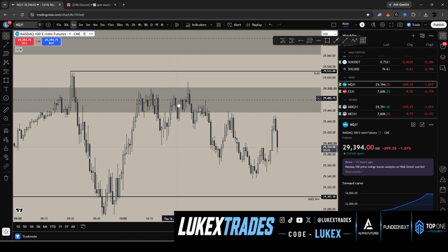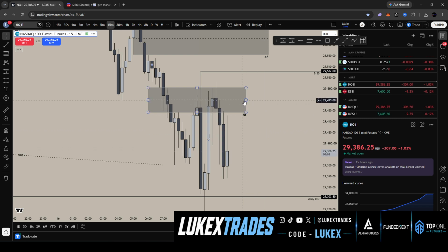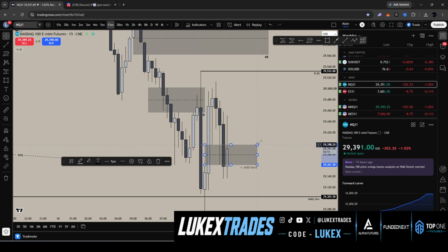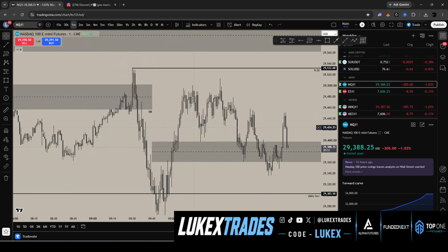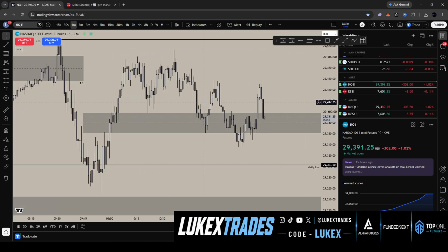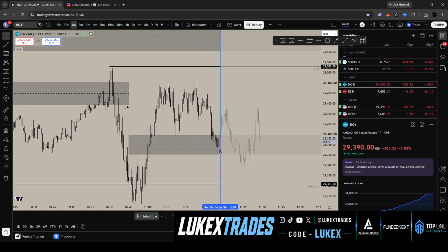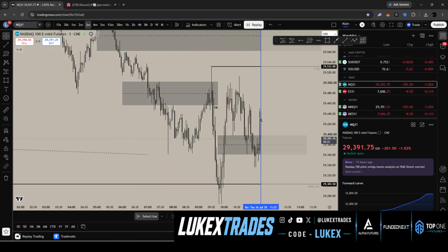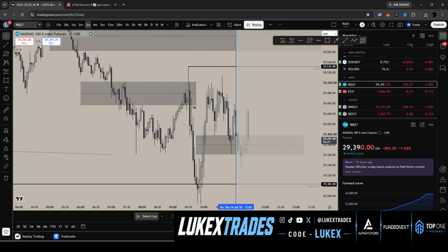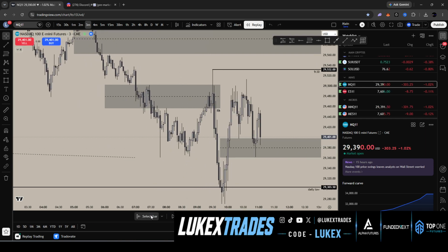From here, we honestly just chop around. And at this point, we end up actually opening a 15-minute gap right here. So price comes back into this 15-minute gap. We're approaching 10 a.m. The only problem is, at this point, trying to look for longs, I'm going to show you guys. So there was like a 3-minute, I believe, right here. One sec. Let me put this back.